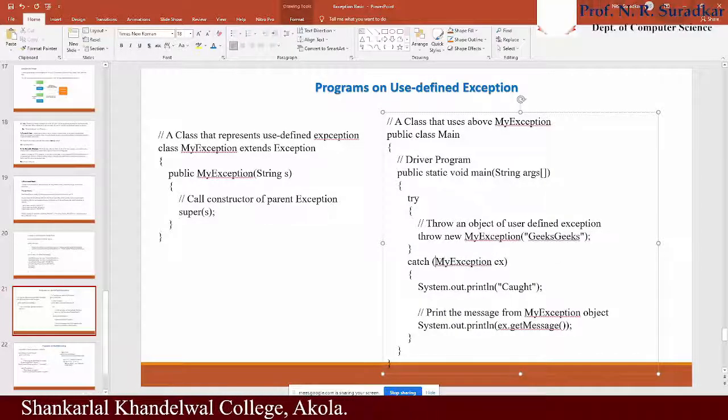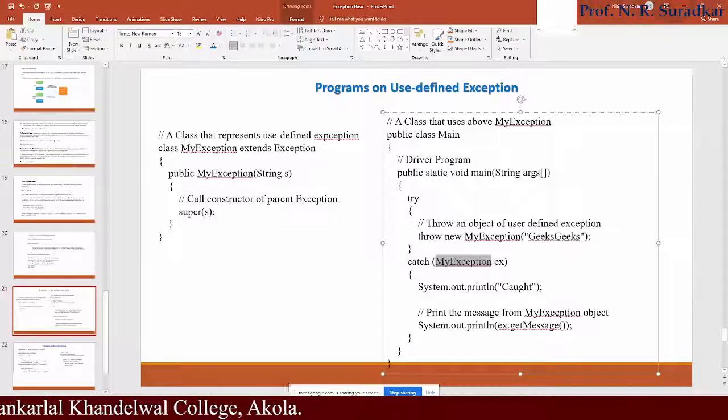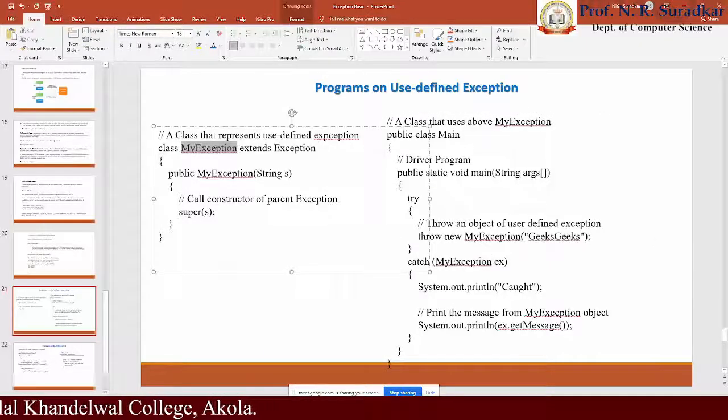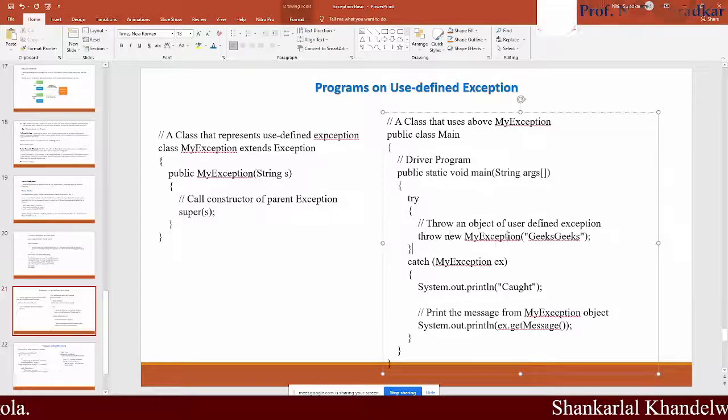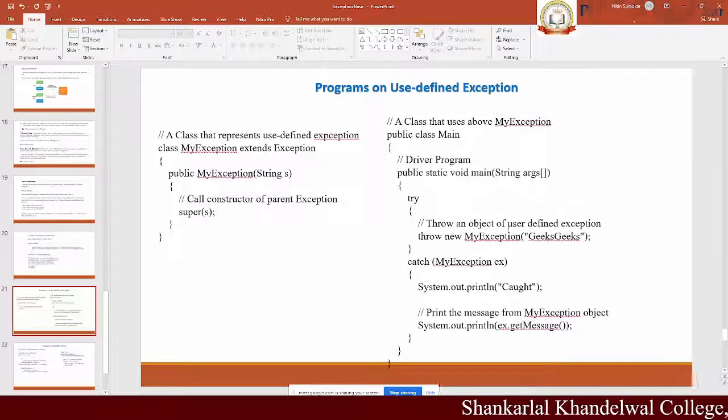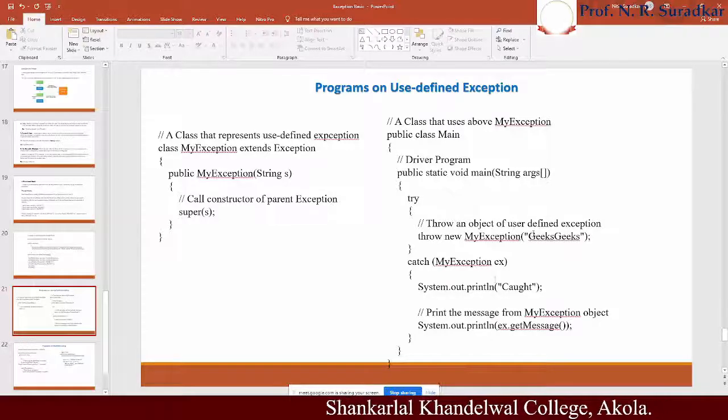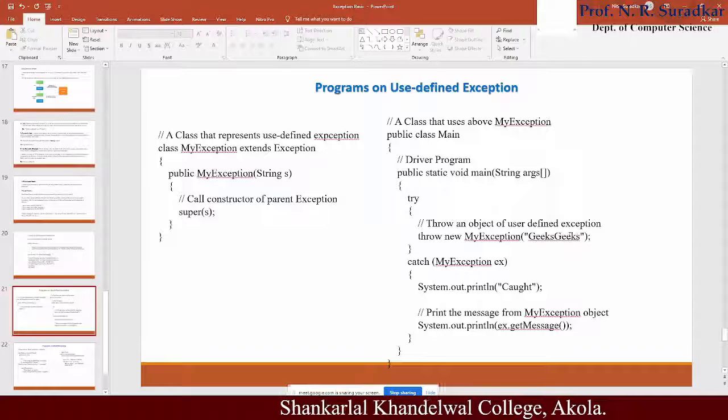That's why we use the MyException keyword, and this MyException keyword is nothing but the name of your class which throws a user-defined exception. Okay, let's see. In the block we use the statement throw new MyException GeeksforGeeks, because this is the website, that's why the term is given here.